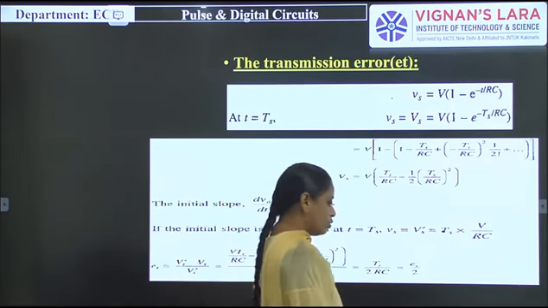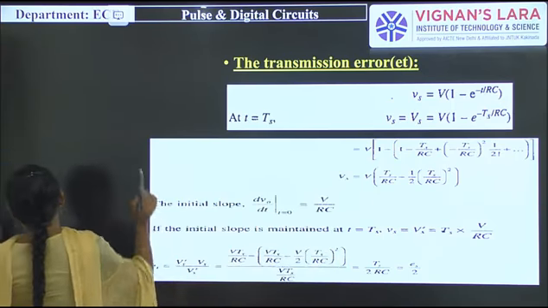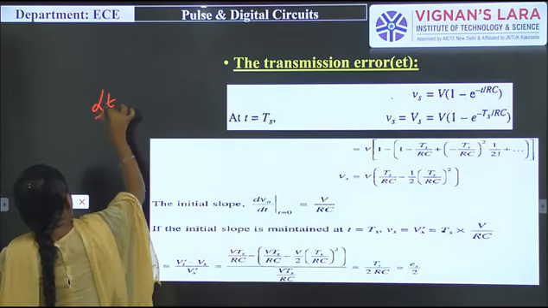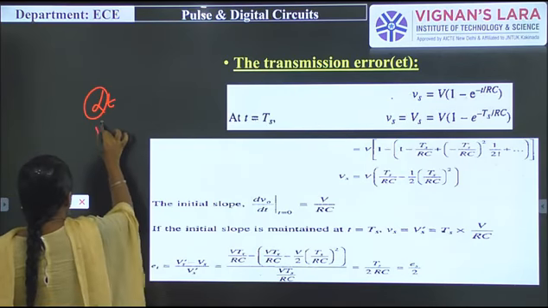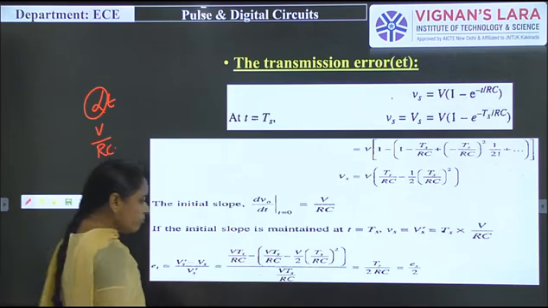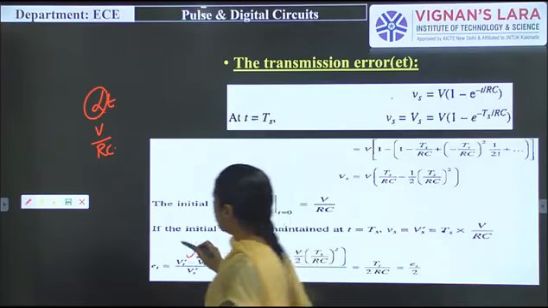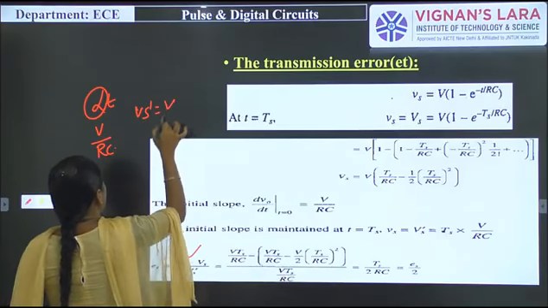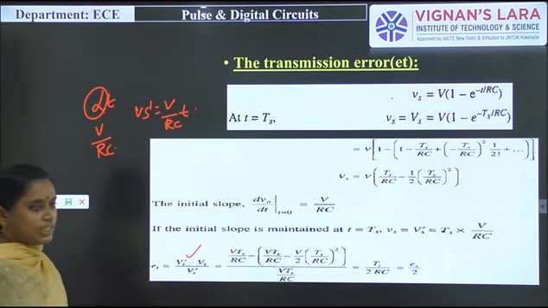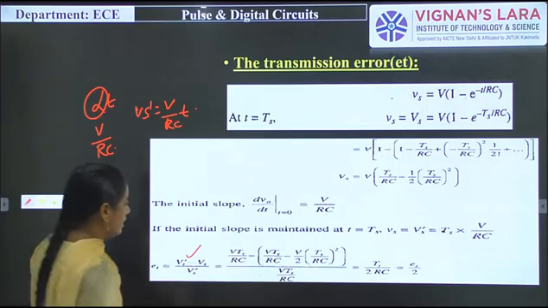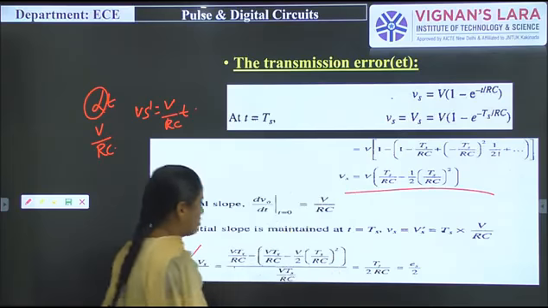How do we find this input? Simply the input will be a ramp signal. The ramp signal equation will be alpha t, nothing but a constant which varies with time, and it can be represented as V by Rc. Simply the Vs dash will be V by Rc into T, that is Vt by Rc, with t equal to Ts. I have to substitute these values and then we get V Ts by Rc, and this value Vs, this condition I have to substitute here.